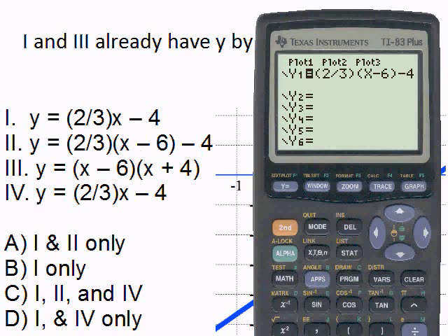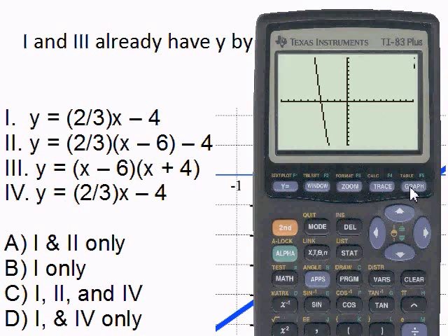You're going to type number 3 in. Same process. We go x minus 6, parentheses, parentheses, x plus 4, close your parentheses, click the graph button, and this one's not going to be a match at all. It's actually a quadratic equation, not linear. So 3's off the list,